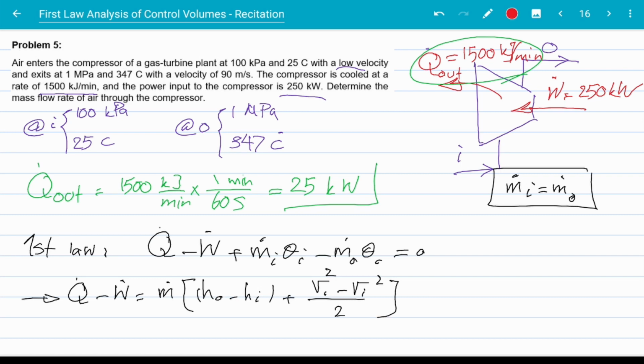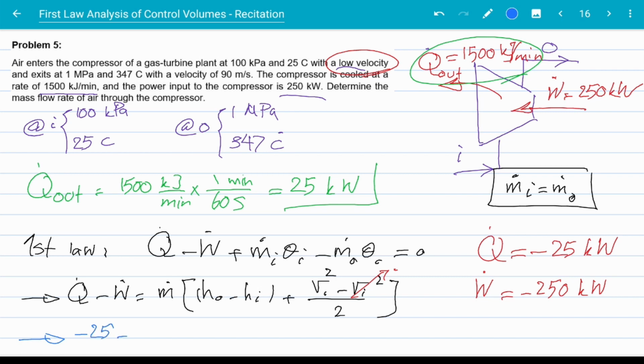Now the problem specifically states that we are dealing with a very low velocity at the entrance. So I can neglect this term. So Q dot is minus 25 kilowatts. And W dot is, we have some work done on the system. So the W dot net is minus 250 kilowatts. The minus sign shows that the work is done on the system. Plug in these guys back here, you get minus 25 plus 250 is equal to our unknown m dot times,